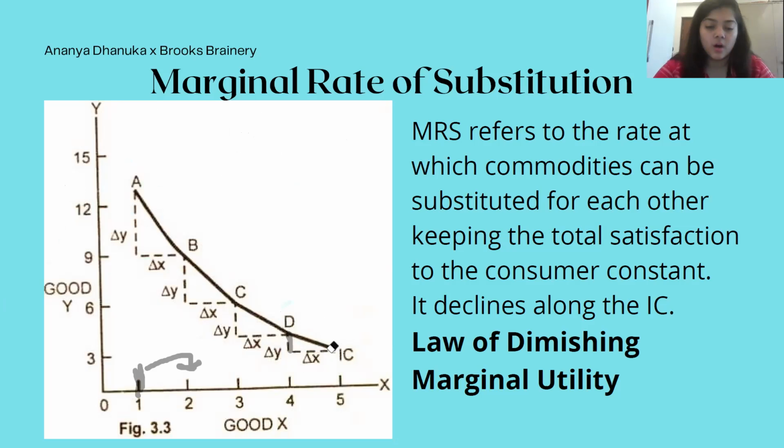All right. So as you go on, as Y is decreasing, Y is becoming more precious to you, and that is why the total change in Y is declining. And what does this result in? This results in a diminishing... I've written marginal utility. That's wrong. It's marginal rate of substitution. Okay. Law of diminishing marginal rate of substitution. So your substitution rate, which is change in Y over change in X, is declining over this, and this also results in a downward slope. All right, and that's fairly intuitive from the figure that we have here. So that's essentially the basis, and this is how you measure the slope of the indifference curve.